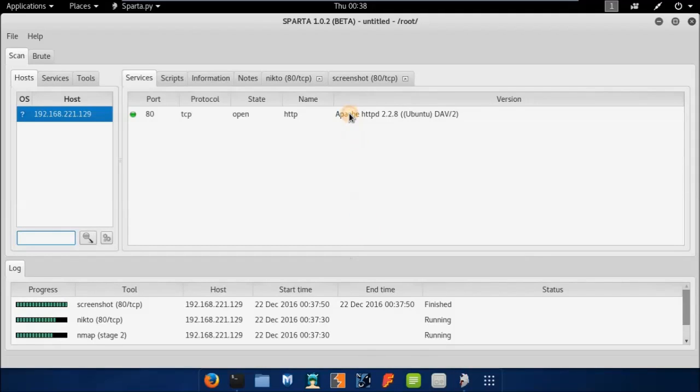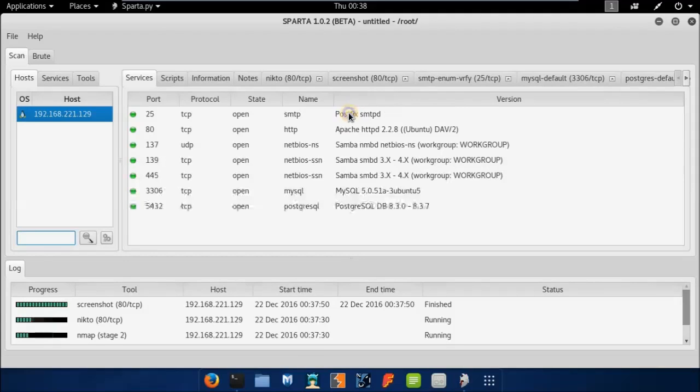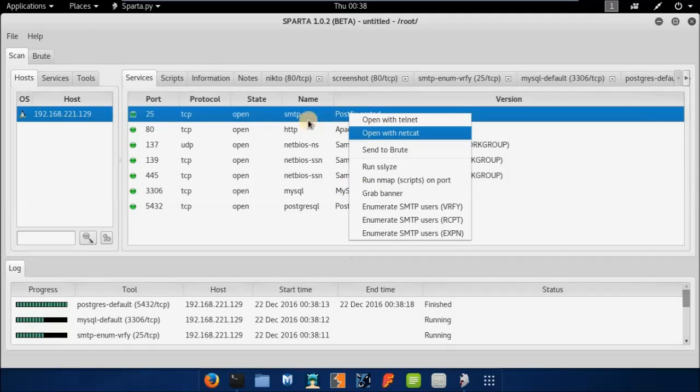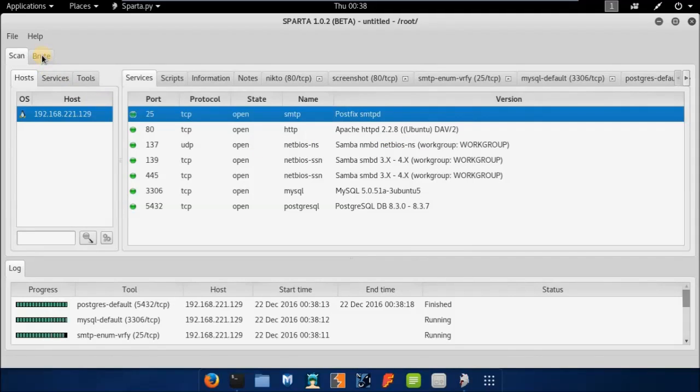Okay, so let me navigate through this one, and just simply right click on any service it has found, and you will be presented with a lot more options like open with telnet and open with netcat, and send to brute. This is really a great feature: whenever you use the send to brute option, it will be brought into this tab,